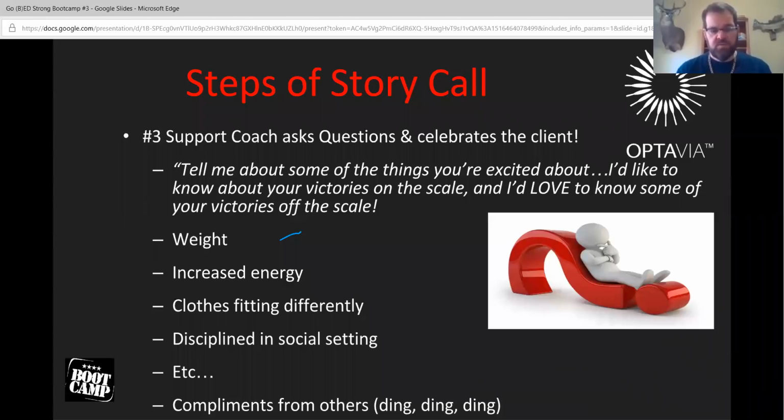So you're going to talk about their weight, like I said, energy, clothes fitting better. Maybe they've been in some kind of social setting. Maybe they were at work and someone brought in a whole bunch of donuts. I know they used to kill us with that stuff at my job, and I would just sit there, not paying attention to it. Those were moral victories for me, that I didn't dive into that big box of donuts or whatever was in front of me.